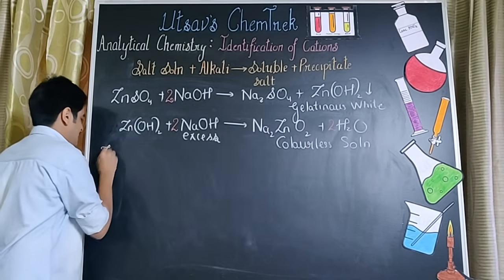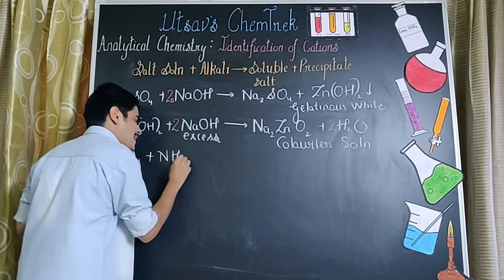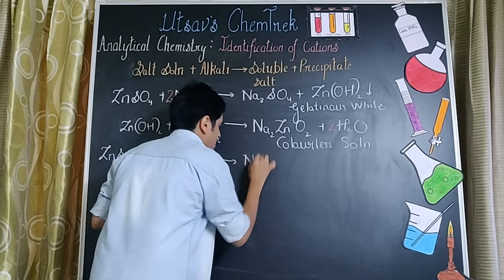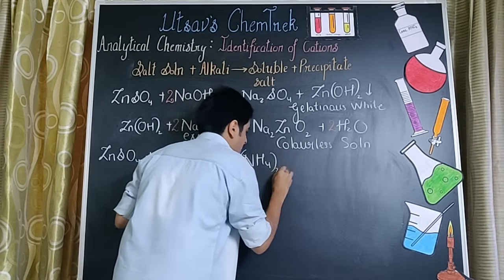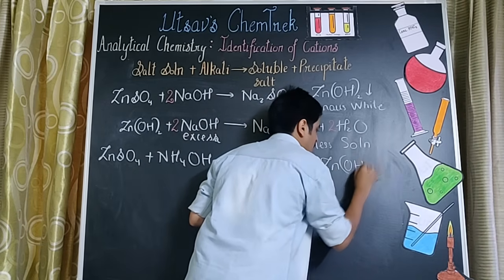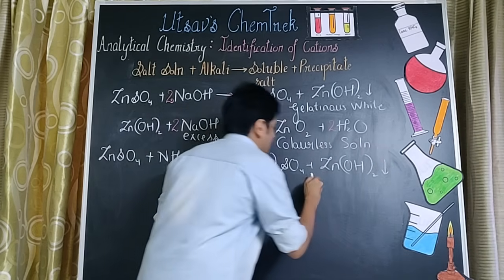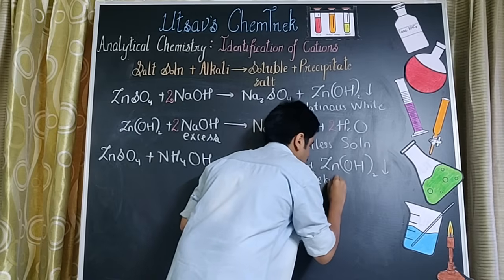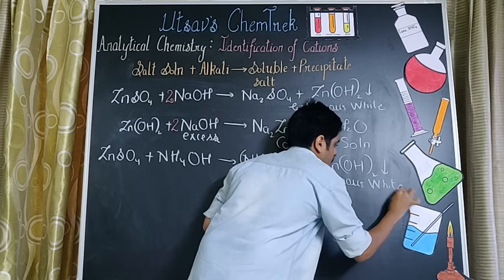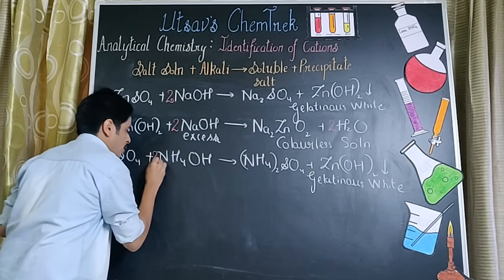Now let's see what happens with ammonium hydroxide. शुरुआत वहीं से. जिंक सल्फेट लेते हैं, ZnSO4, अमोनियम हाइड्रोक्साइड पहले डालेंगे ड्रॉप बाय ड्रॉप. NH4 goes with SO4, NH4 the whole twice, SO4. प्रेसिपिटेट वही है, जिंक हाइड्रोक्साइड. डाउनवर्ड एरो से रिप्रेजेंट भी किया. प्रेसिपिटेट वही है, कलर भी वही होगा, इसलिए लिख देते हैं यहाँ पे जेलाटिनस व्हाइट. फटाफट इस इक्वेशन को बैलेंस कर लेते हैं. यहाँ पे मेरे पास है NH4 के 2, so here I have 2NH4OH.